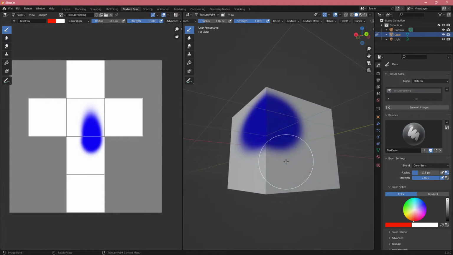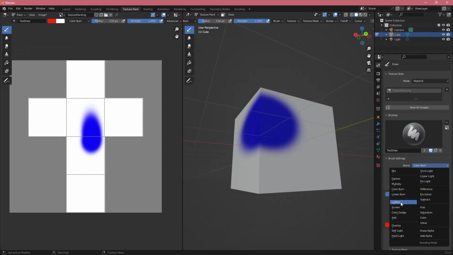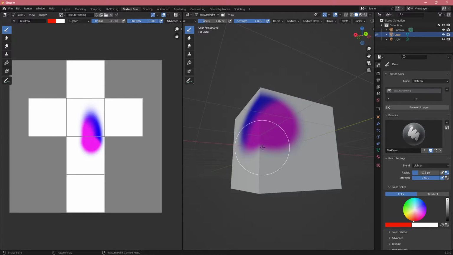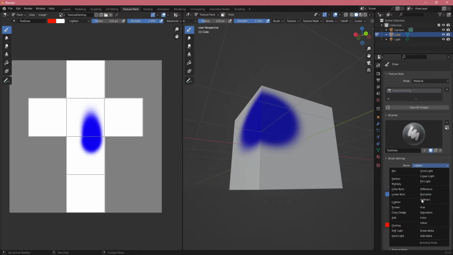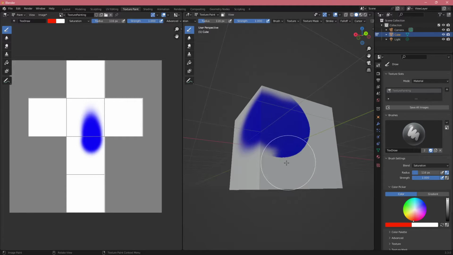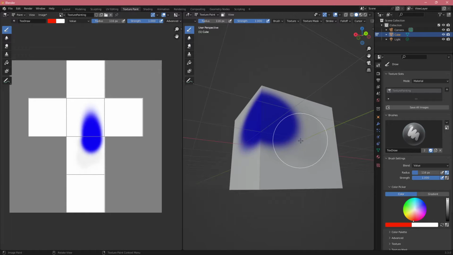You can notice that this probably looks similar to something that you would do in Photoshop. So this is basically blending modes. How do you want to blend these two colors? So if we blend blue and red, we get purple, but if we blend red and white, we get white. White is lighter than red. We can do saturation. Let's see. Color, so we just want this color to be, since it is already red. Value. So red is not that dark, so it will give us this,